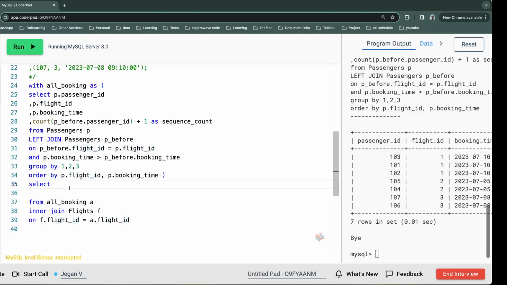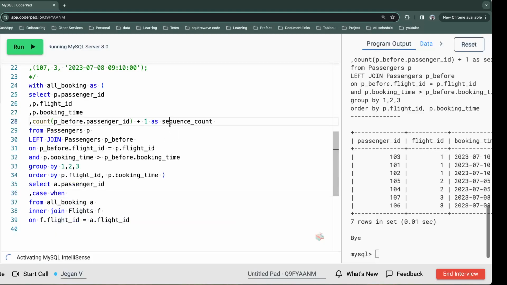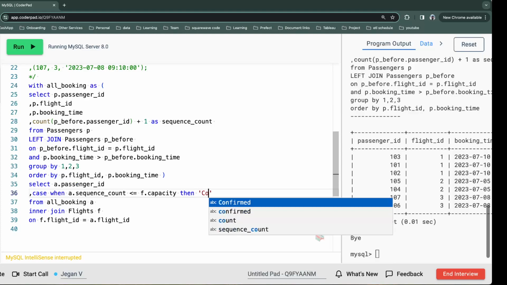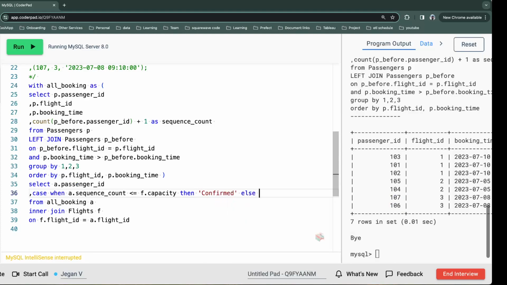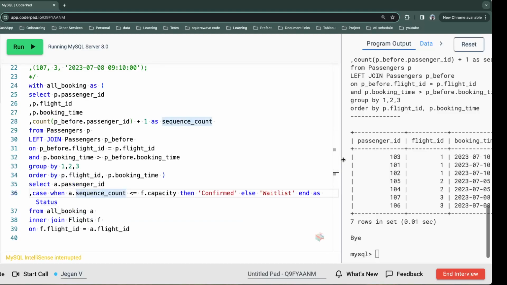So what we are going to do, A dot passenger ID, and then we say case when A dot sequence count is less than the flight's capacity, then we just say confirmed, else waitlist, end as status. So what we are doing here, we are getting the sequence number as is shown here,